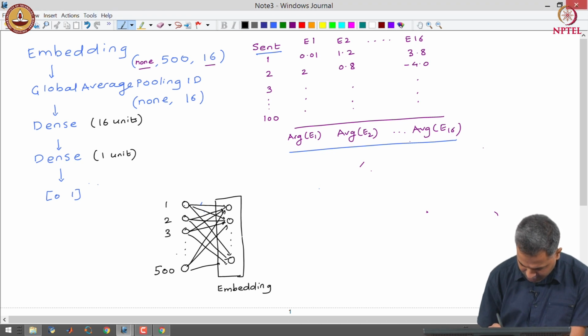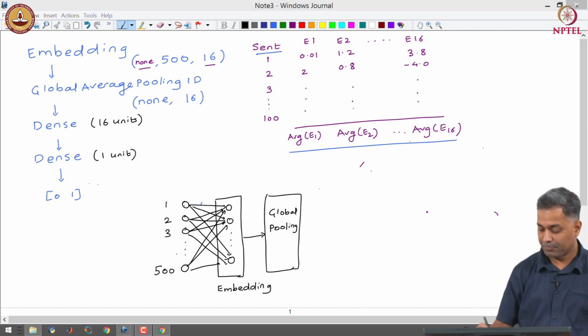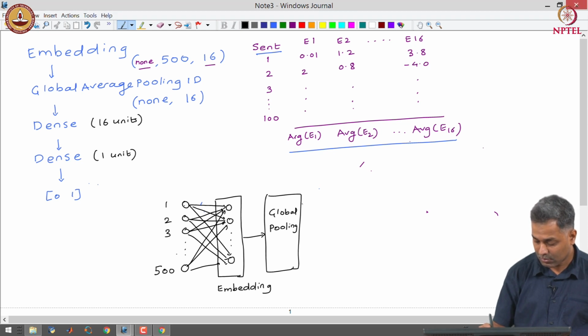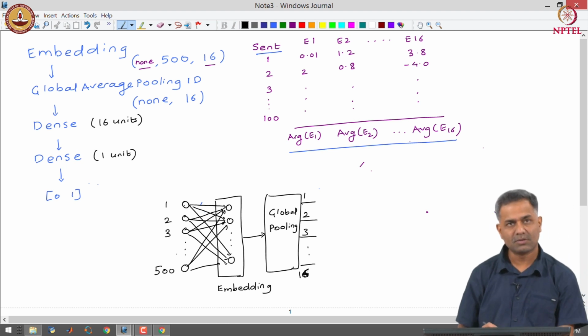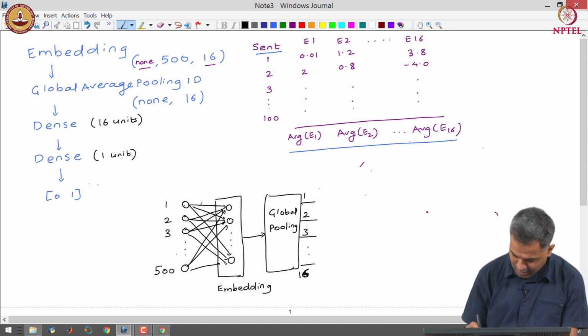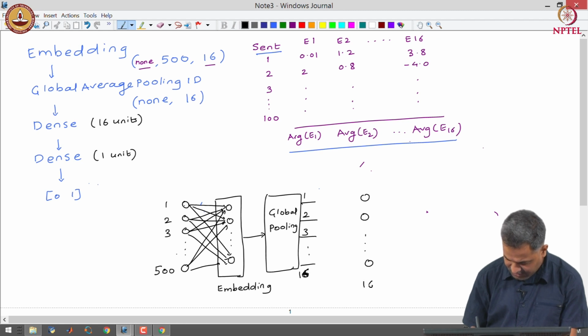The output of the embedding is sent to global pooling. So, global pooling gives 16 numbers, and these 16 numbers are fed into a hidden layer with 16 units.